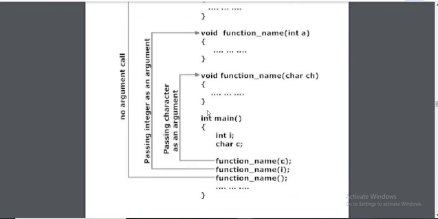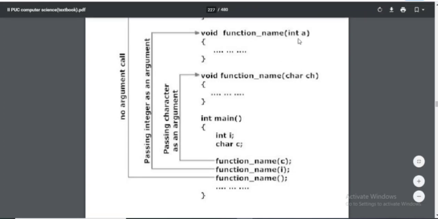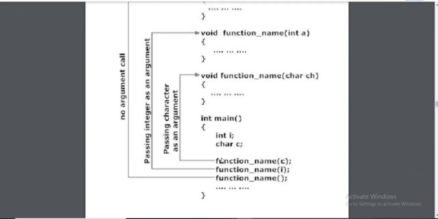Opening the int main function, I am declaring two variables, that is int i and char c, because we have used only two data types, char and int. In order to call these functions I need to declare a variable of type integer and character respectively. How to call a function name of c? That means we are calling a character function. Here c is related to the data type char, so the function with char is the one we declared last.